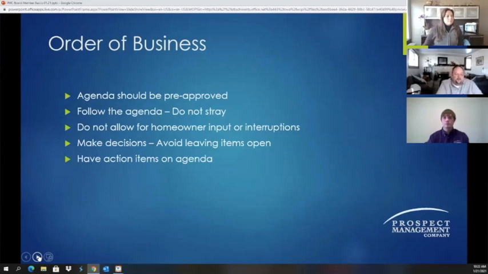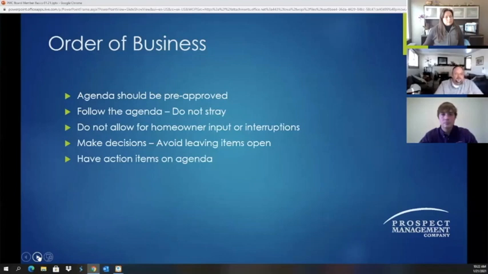And then finally, what I always suggest is have action items on your agenda. So for instance, if you have an agenda item that says review painting bids, have the action item say approve bid to paint. So the board is aware what is being asked to be done while you're conducting these meetings. If it's a rule change, like a fishing rule could be your agenda item, and then the action required by the board would be approve proposed fishing rule. So the board is clear on what is being asked and there's no confusion.